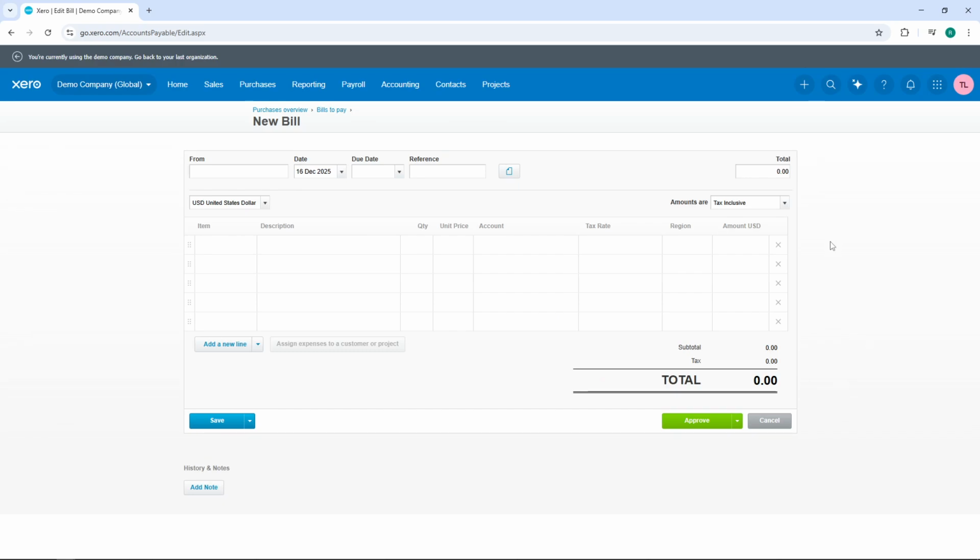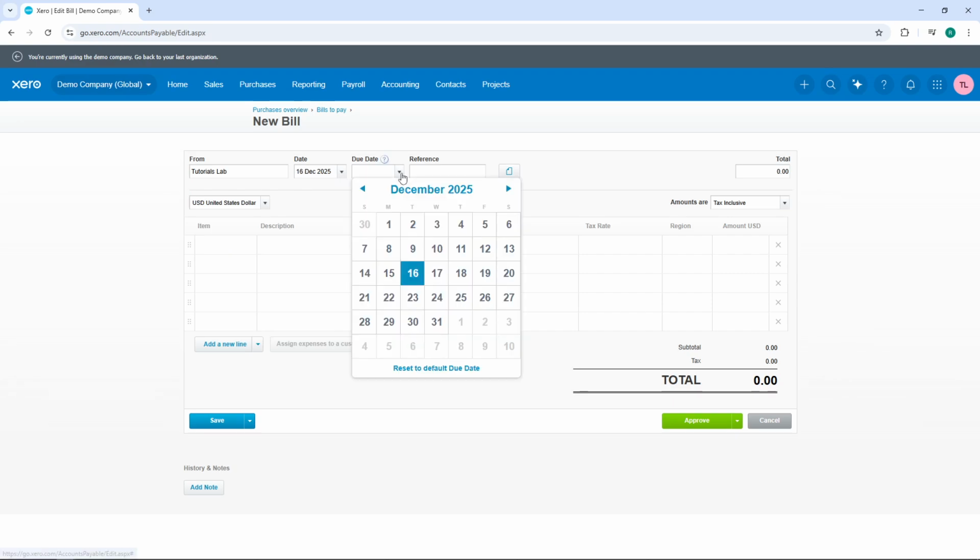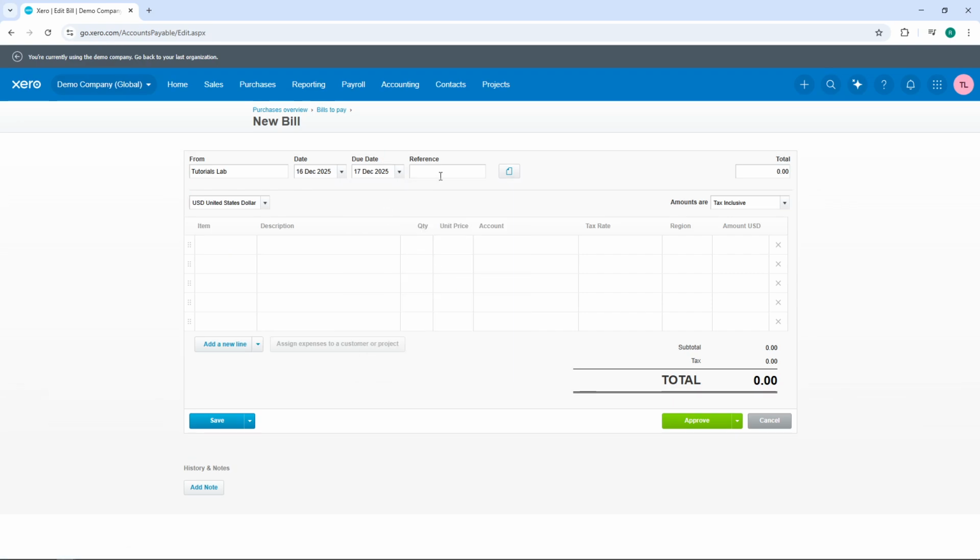Start by entering the vendor detail in the From field. This identifies who you're paying. Next, add the date and due date to your bill. These dates are crucial for tracking when payments are due and maintaining good vendor relationships. Optionally, if you have a reference number from the vendor's invoice, you can add it here for easier tracking and